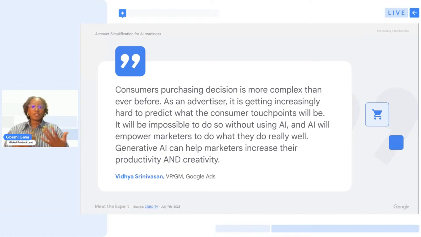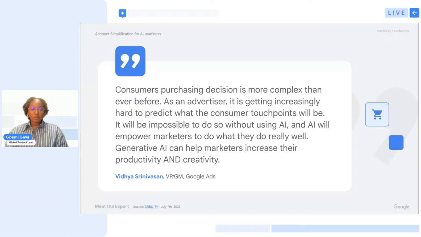So we know the consumer journey is not linear. Let's face it, the modern consumer journey is not a straight line. It's a maze of touch points from websites to social media to reviews, word of mouth, that is continuously evolving. Traditionally, marketers have relied on your own intuition or experience with some of our legacy best practices and some educated guesses to really predict where the consumer will be and what message will actually resonate with them. But as this maze is becoming more complex, those methods are also hitting their own limits.